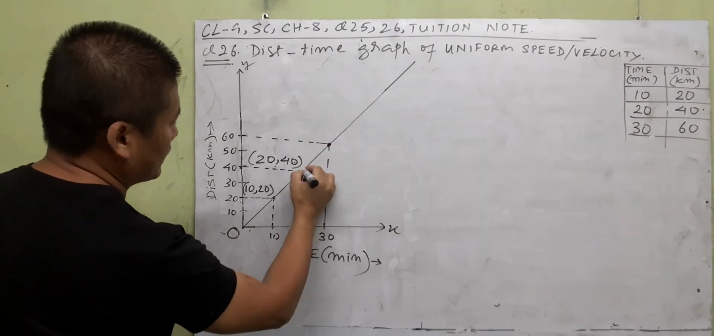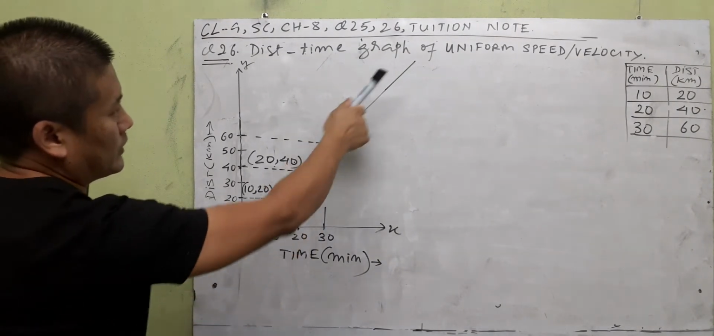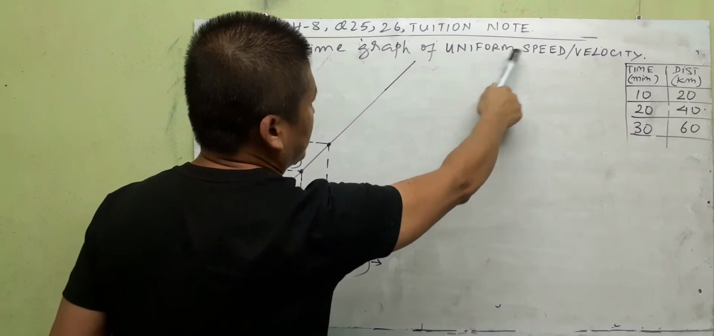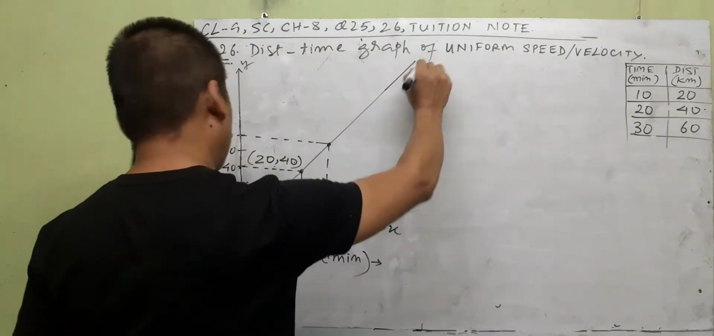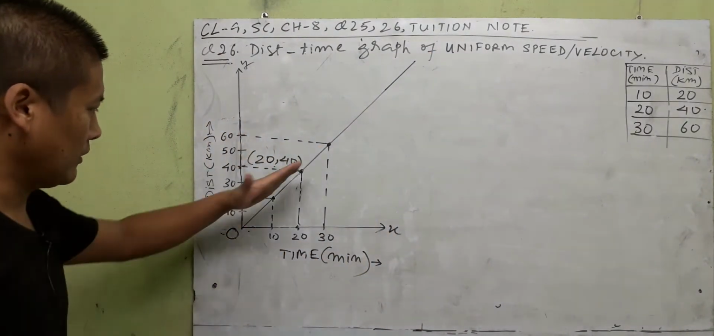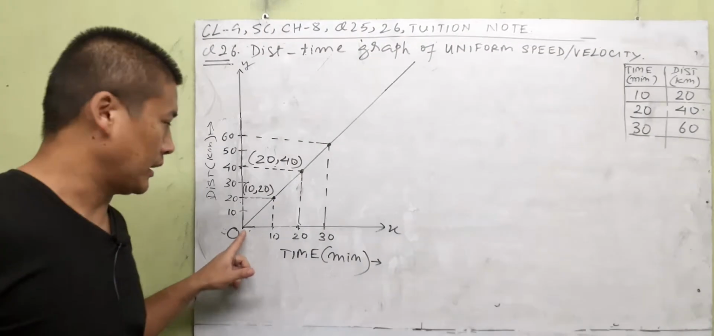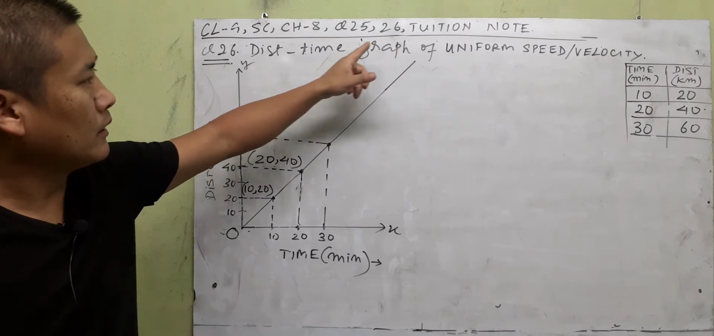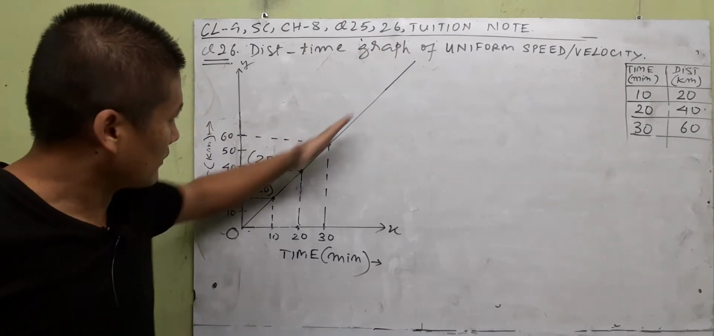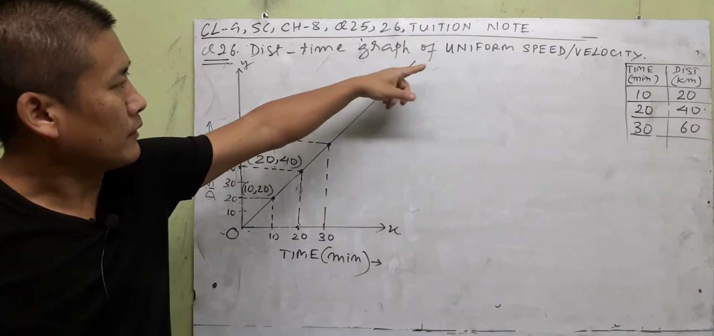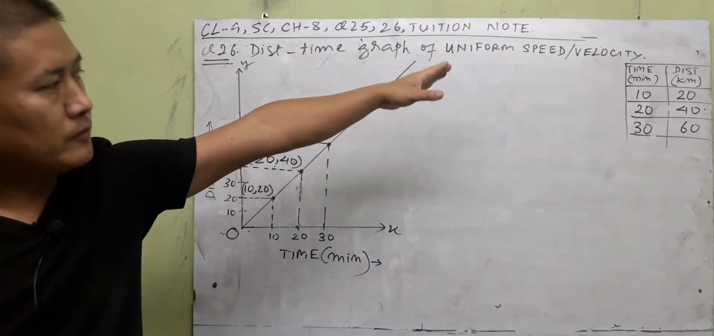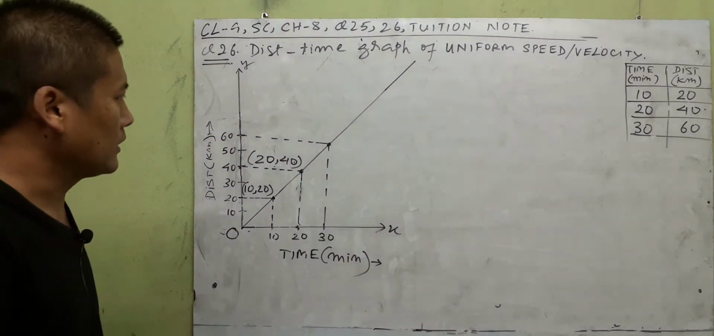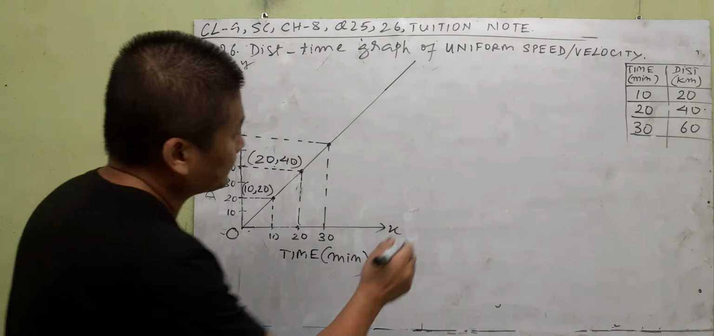So if you plot the 3 points for this body in uniform speed, you'll always get a straight line. The graph will always be a straight line passing through the origin. Okay, so this is called the distance time graph. This line is the graph of the body in uniform speed or velocity. So what are its characteristics? Let's start here. Number one